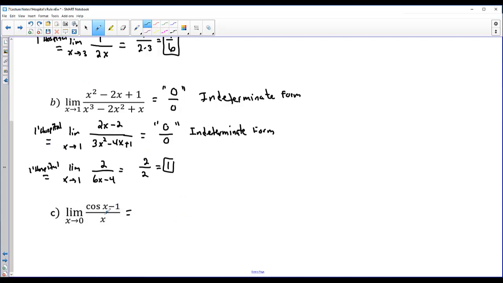So when you plug in 0 here, notice you get cosine of 0 minus 1, which is 0, divided by 0. So we have the right form. We have this indeterminate form. And so now what we can do is we can L'Hopital it. So this will be equal to, by L'Hopital,